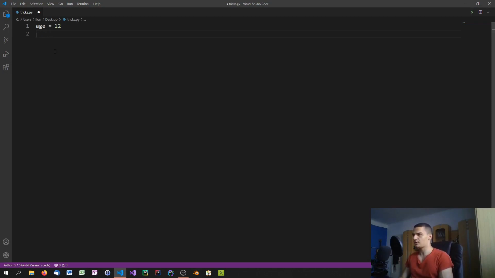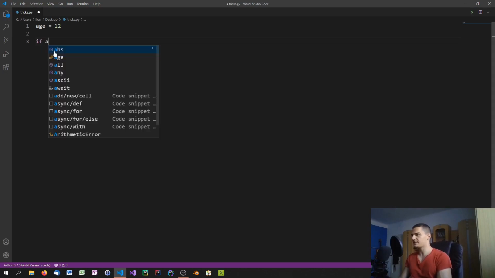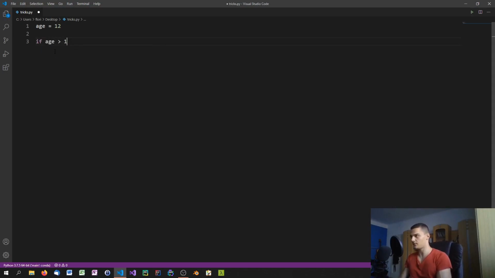Now in Europe, I'm not sure what the legal situation is in the US, because you have different limits of age, 18, I think, or 21. I don't know when you're considered adult in the US, but in Europe, you're considered an adult from the age of 18 onwards. So we're going to say if someone is age 18 or older than 18, we're going to consider this person an adult, otherwise not. So what we could do here is we could say if age is larger or equal